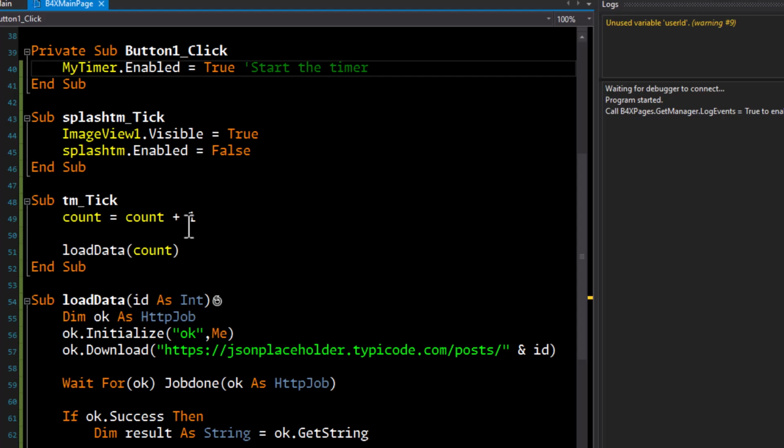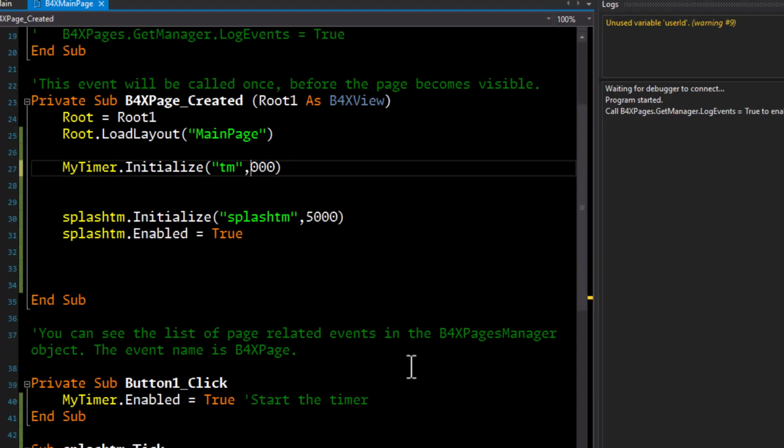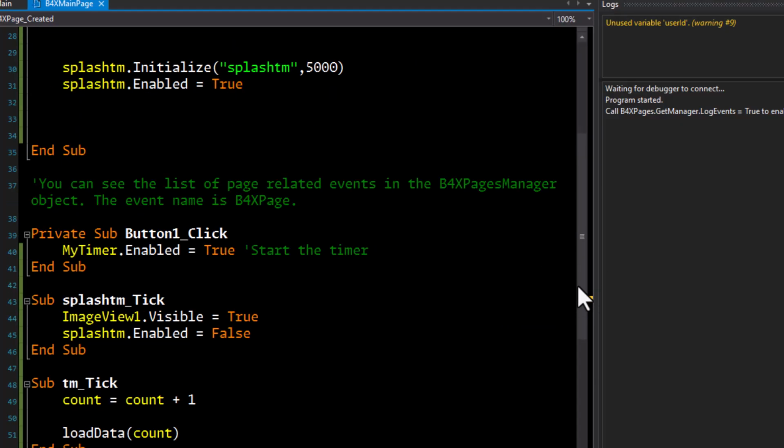So it uses the count as the ID to fetch the post. If the ID is 1, it will go and fetch post ID 1. If the count goes to 2, it will go and fetch post number 2. Let's change the tick to 2 seconds. So that will be 2000. Great. So saving that,